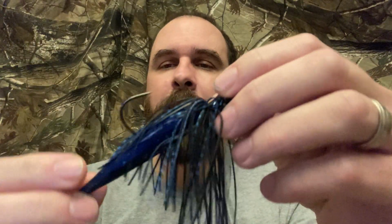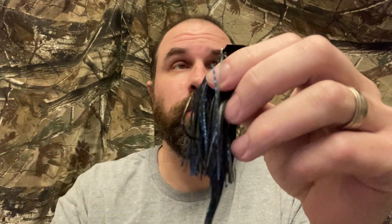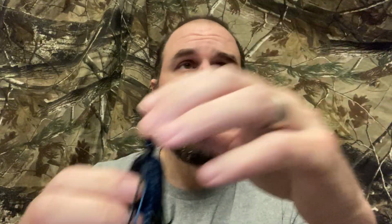The first thing you want to do is try to match your trailer to the chatterbait, and or the jig or whatever you want to do. So what does a trailer do for the basics, right? It adds more action, it adds more weight, and it gives it that fish tail profile as opposed to, here's a chatterbait right here, right? So that's all you're going to get. You're going to get the hook and then the skirt, right? And it's going to go like so, as opposed to,